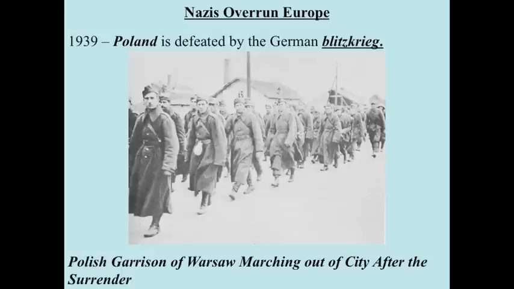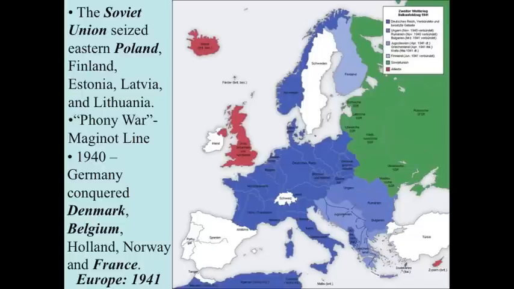After Poland is invaded, Germans unveil a military tactic called Blitzkrieg, which means lightning war. They attack the country quickly and heavily before the enemy has time to react. Using this tactic, Germany takes full control of Poland in less than a month. As promised by the Nazi-Soviet Pact, which we covered in the earlier videos, the Soviet Union attacked and seized eastern Poland and the neighboring countries.